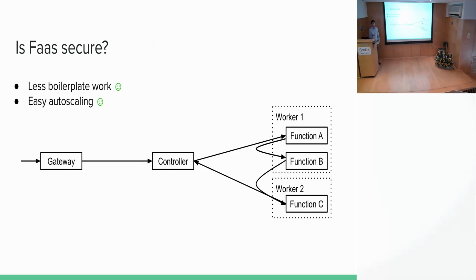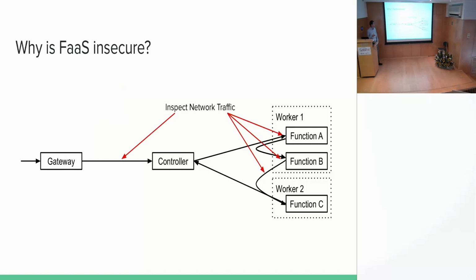But is this system really secure? Well, it has the same trust issues as all other cloud systems. That is, it's a low trust environment, where both attackers and malicious insiders of the cloud provider can leak secrets. So it has several attack directions. The first attack direction is